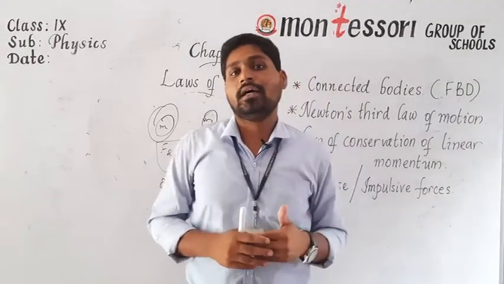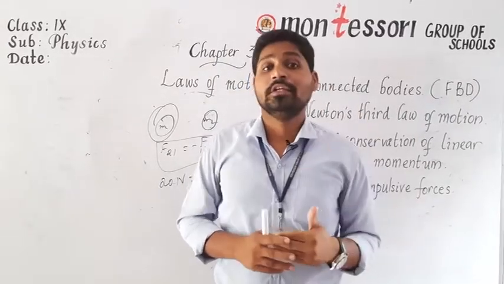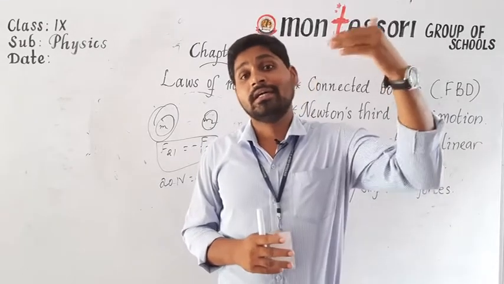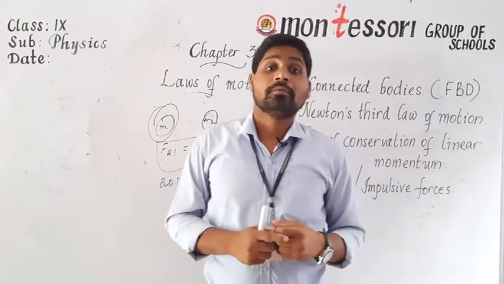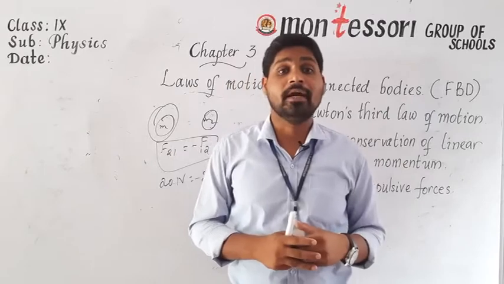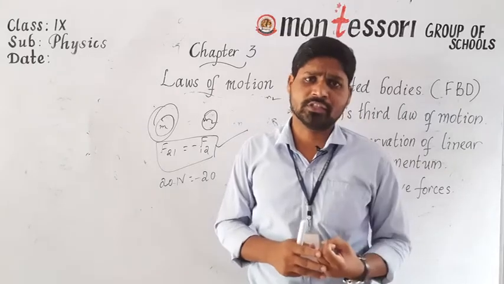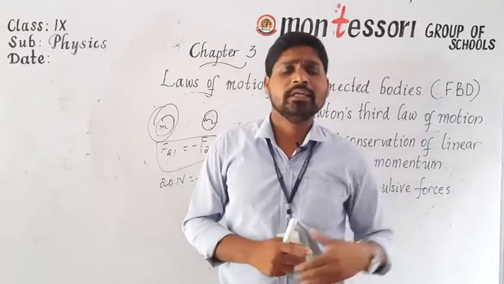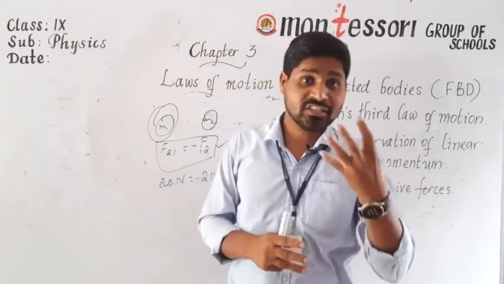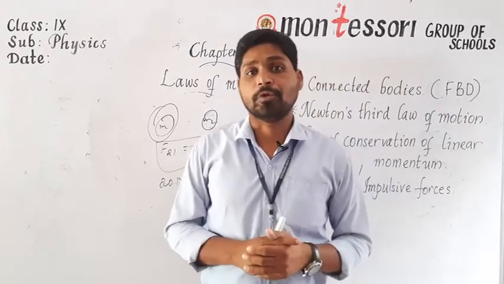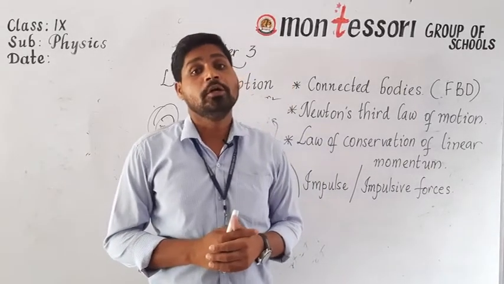If you observe the launching of a rocket, the action is downward and the reaction is upward. Don't think that only when the rocket moves in space the gases are ejected from it. No, whenever the fuel starts burning, the gases are ejected with very high velocity in the downward direction. For this, an equal and opposite reaction acts so that the rocket can easily escape the earth's gravity. So here, action is downward, reaction is upward. Is it clear? So these are the applications of Newton's third law of motion.